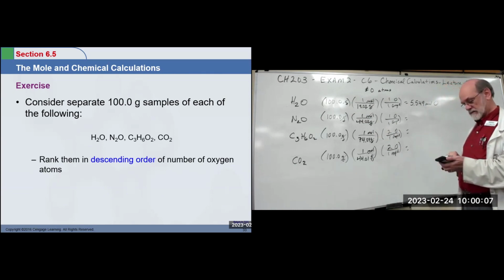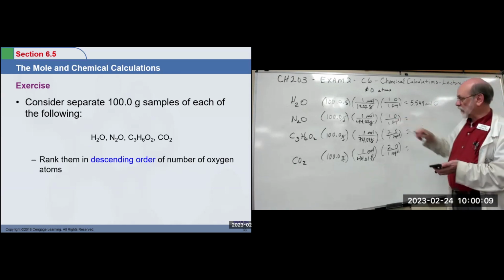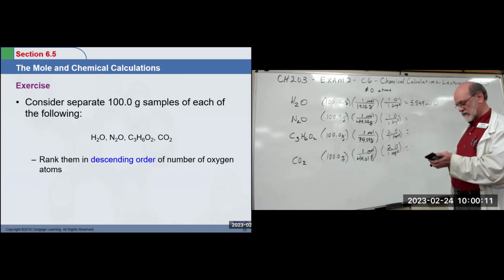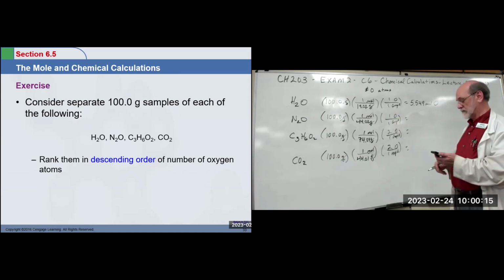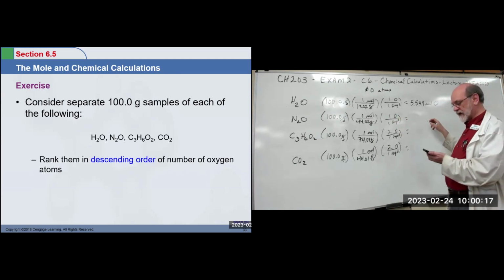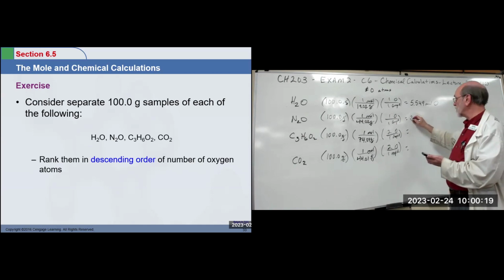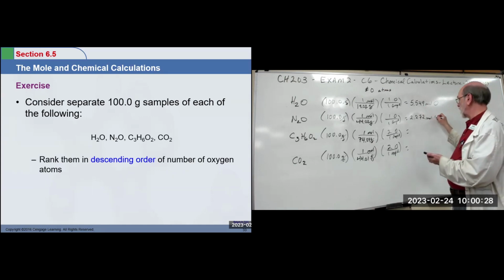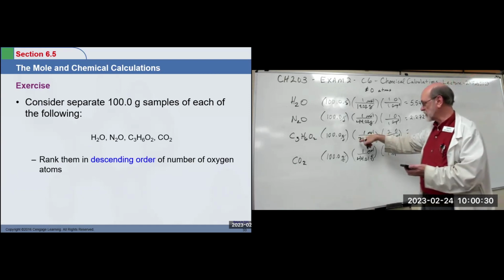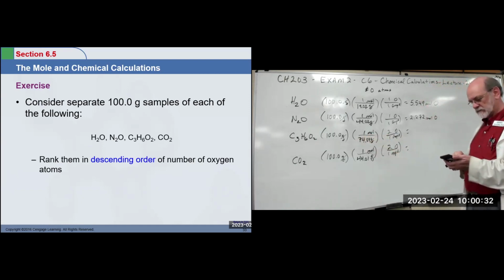The next one is 44.02. Divided into that and times 1. So it's 2.272 moles of oxygen. For this one, 100 divided by